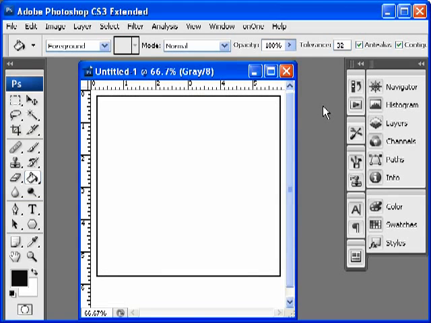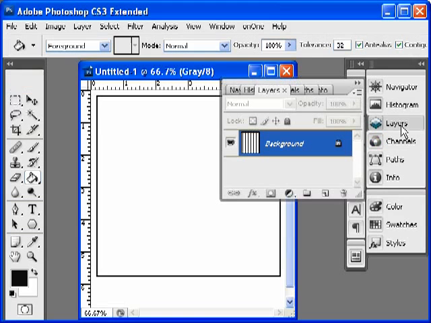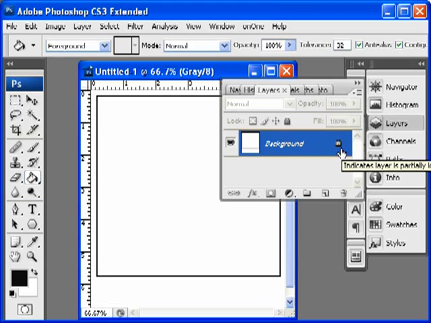Next, I want to put a small dot, in this case, on a new layer. The reason I want to put it on its own layer, I'm going to click the Layers tab here. Notice we have just one background layer and there's a lock on it. That means I can't move anything on it. And even if I unlocked it, I would move the dot and the frame both at the same time. Not a good thing. So I'm going to click a new layer,